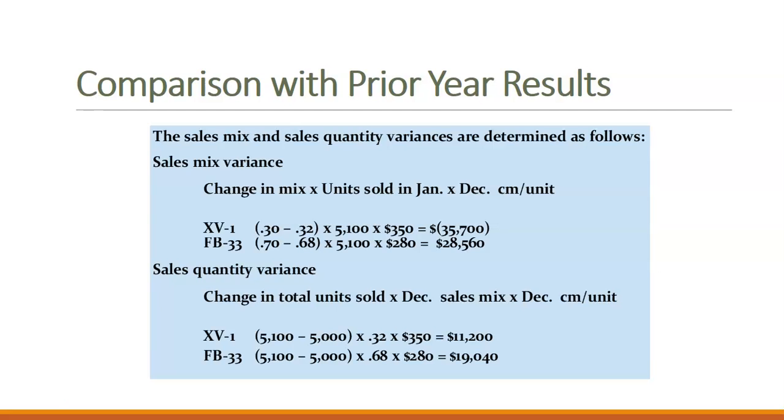We're also looking at evaluation of sales performance. So we're looking at selling prices, sales volume, sales mix, our market size, and our market share information, and what the variance is between those different things. And that is the end of chapter